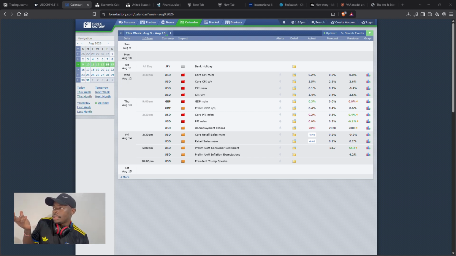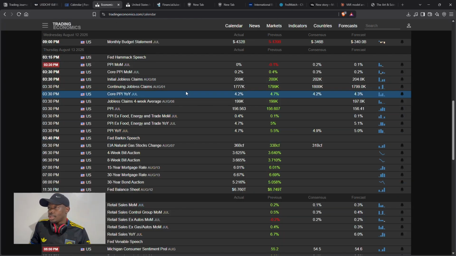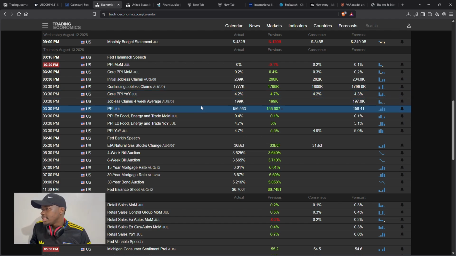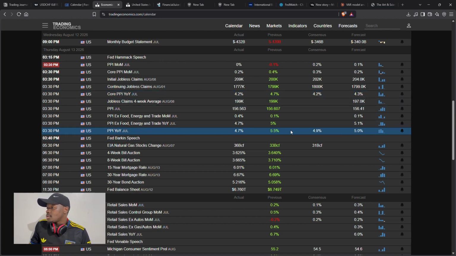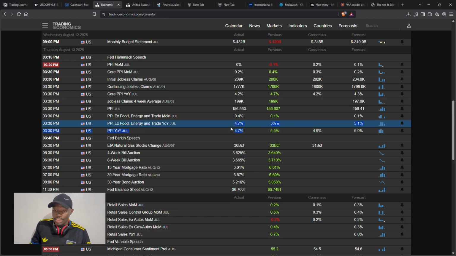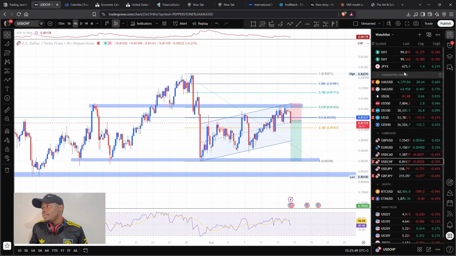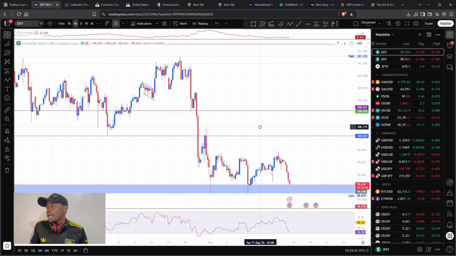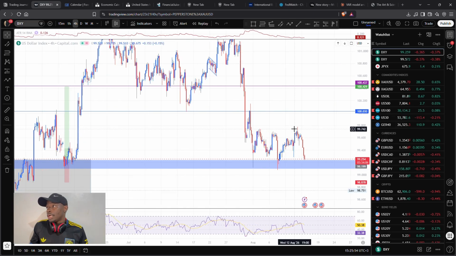And then yesterday we had the PPI numbers coming out. Let's just jump to Trading Economics again. You see, the previous one was at 5.5%. Expectation for this month was at 4.9%, and it came in softer at 4.7%. Again, you can see that inflation seems to be cooling significantly. So for me, that puts it in a perspective where I'm expecting a softer dollar